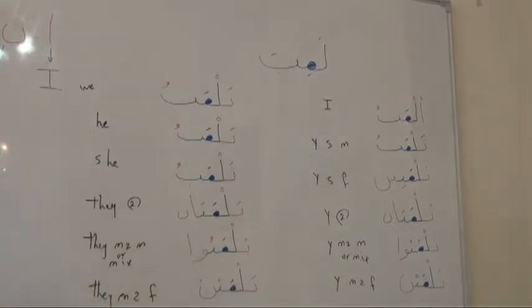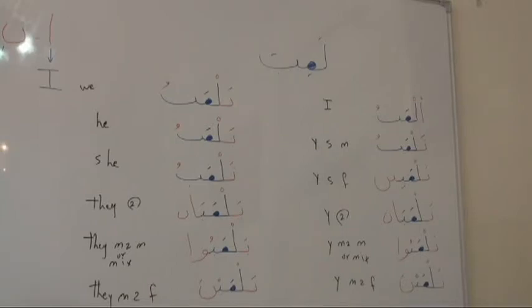You can see here there is something. You can see that those are the same. Exactly the same at the end, only at the beginning. This is ta, this is ya. 这个他们都一样，只有字首不一样。